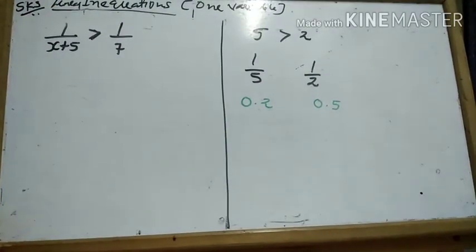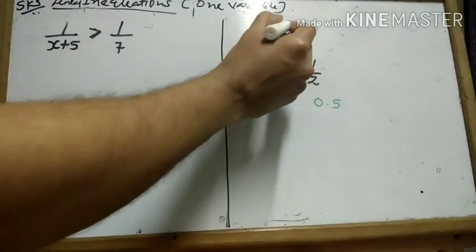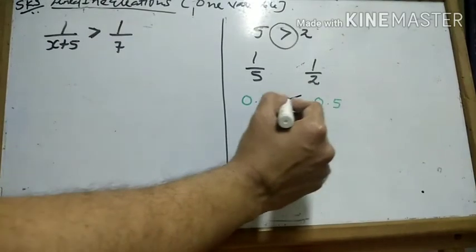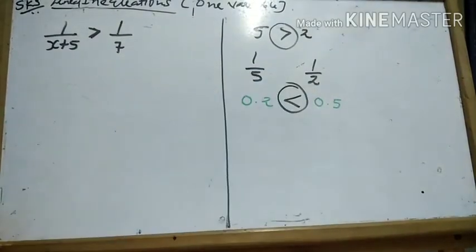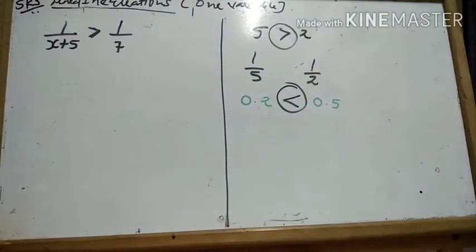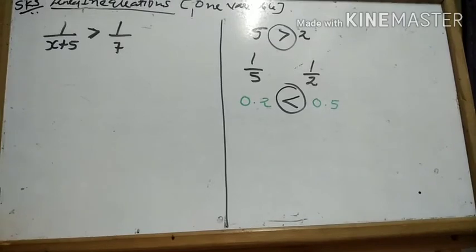If you observe this carefully, what happens here? It was greater than sign, and when I took the multiplicative inverse, the inequality has changed. So what I mean to say is, whenever you take multiplicative inverse of both sides of an inequation, then